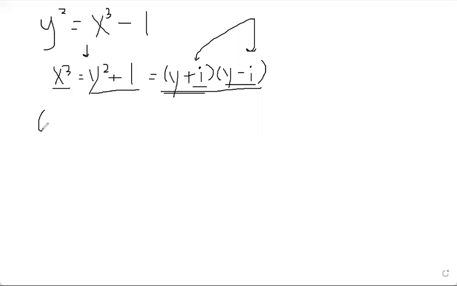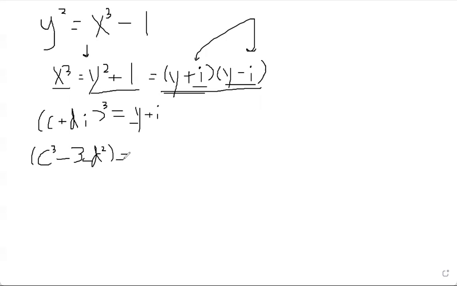So let's say y plus i is c plus di, cubed. Well, now we can just expand the right-hand side. We get something like c cubed minus 3cd squared, but this is the real part. We don't really care about this. This is just going to be what y is equal to. We don't know anything about y, so we don't really care about this side of the equation. What we do care about is this other side of the equation, 3c squared d